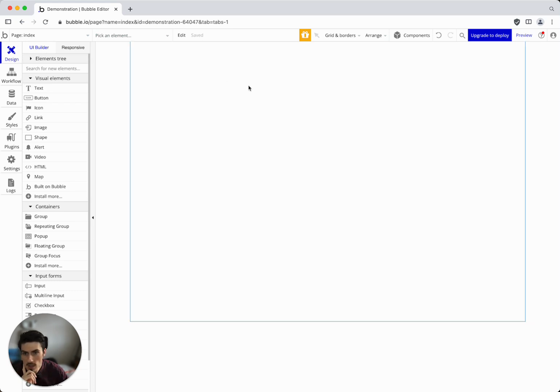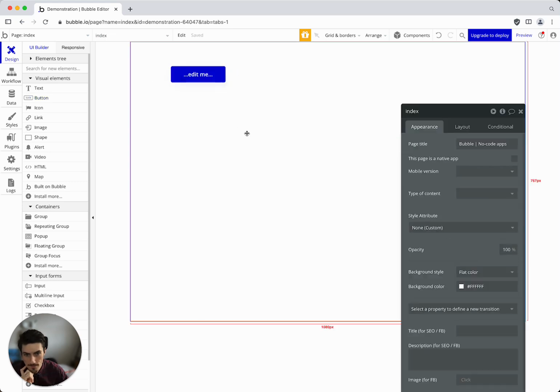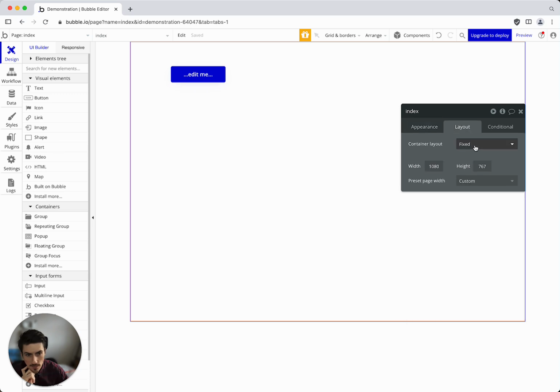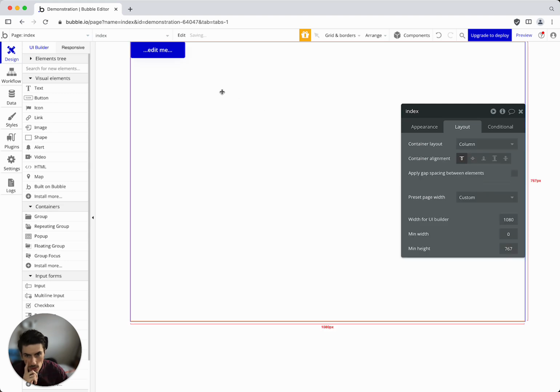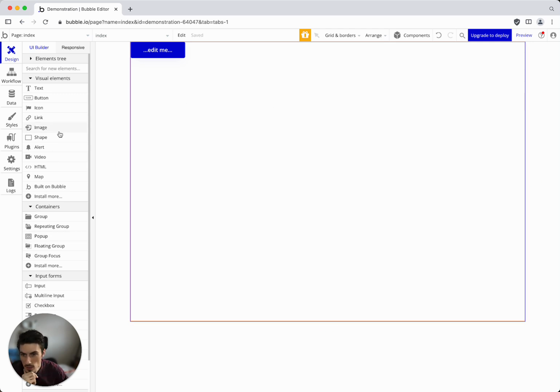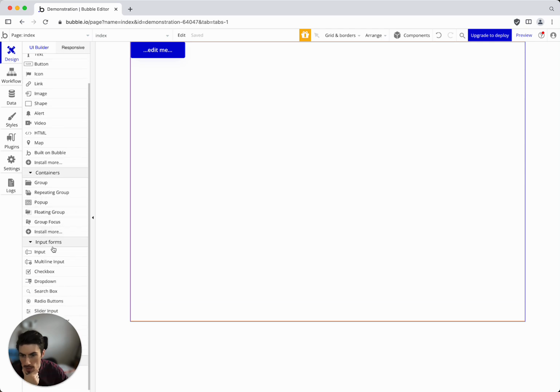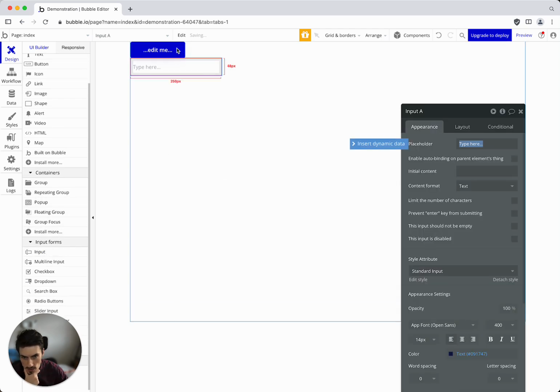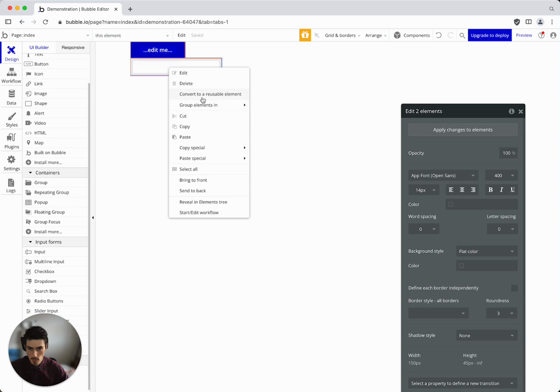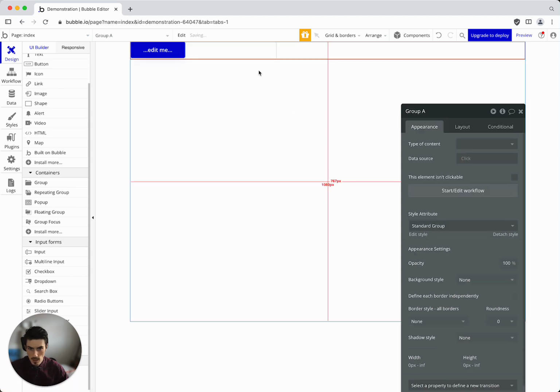So firstly, this is your design view. This is where you're actually adding elements onto your page. You can do different types of layouts. This is currently fixed layout, but for example, you might want to do a column layout where you're stacking items on top of each other, which would probably be a common way to build a page out. So we can build things by, for example, taking an input and a button, and we can highlight both of those, group those elements in a row container,